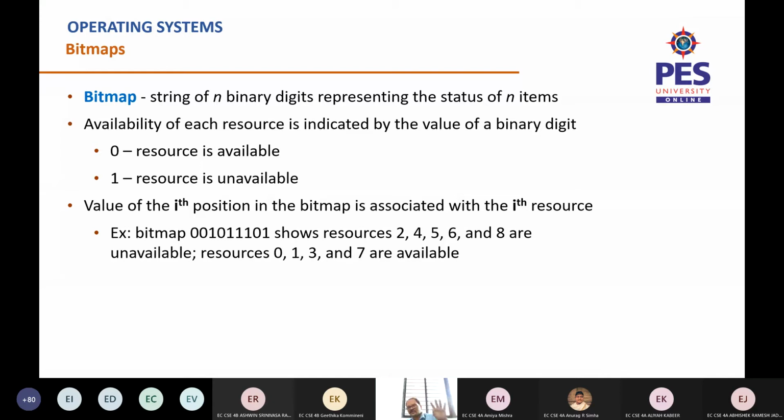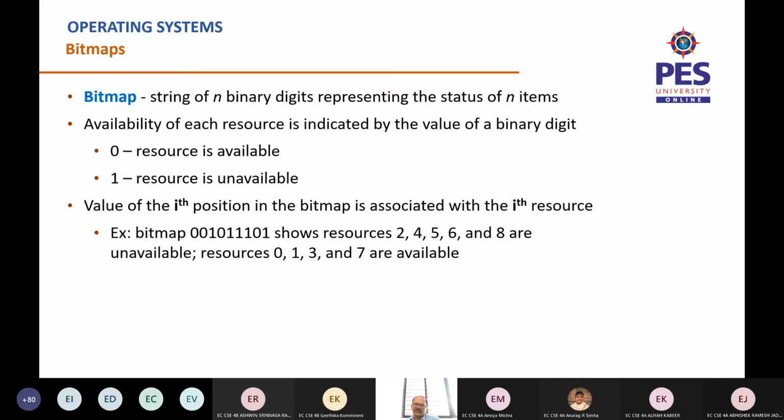So now in order to represent the status of all 4, I require only 4 bits. Something like 1111, which says that printer 1 is occupied, printer 2 is also occupied, printer 3 is also occupied, and printer 4 is also occupied. Or I could have something like 1001, which says that printer 1 is occupied, printer 2 status is 0, that means it is free, printer 3 status is 0, which means it is free, and printer 4 status is 1, which says it is occupied.